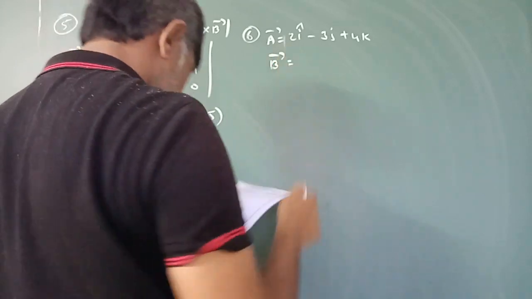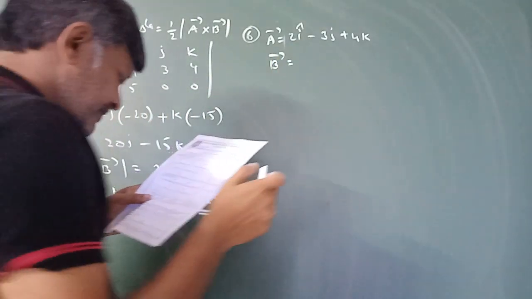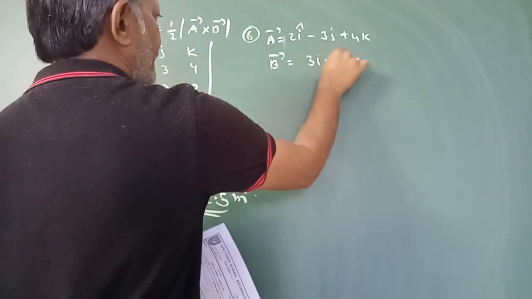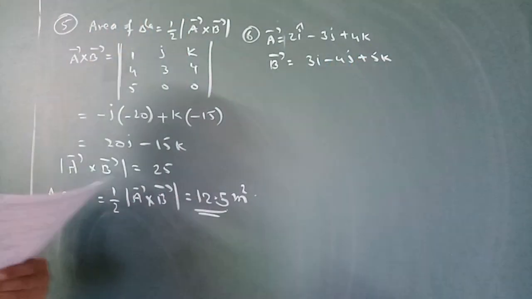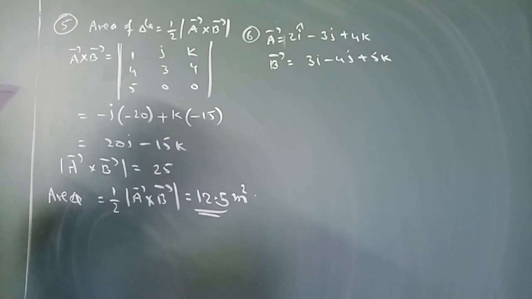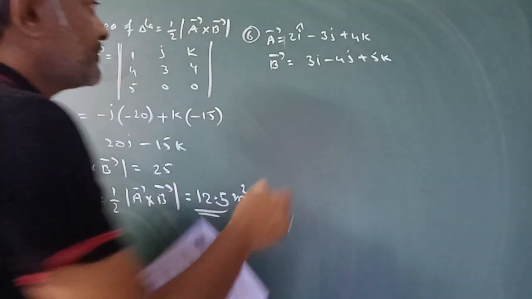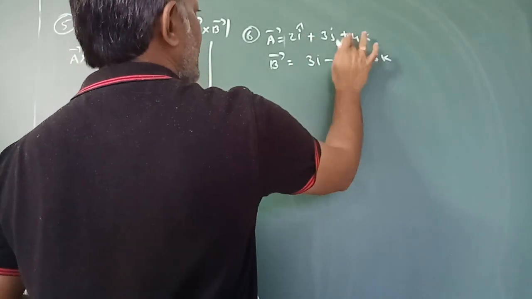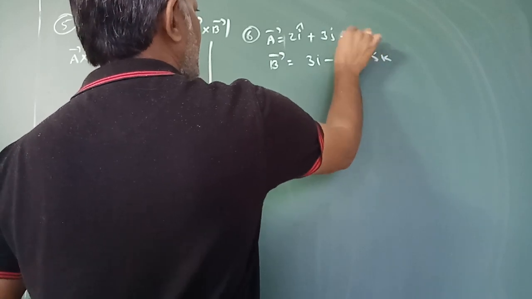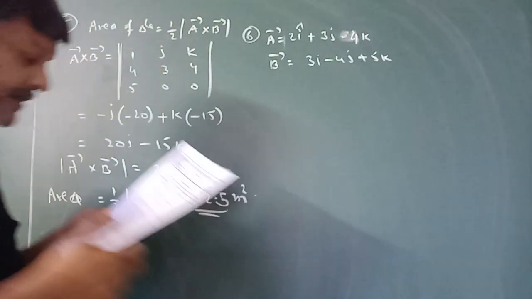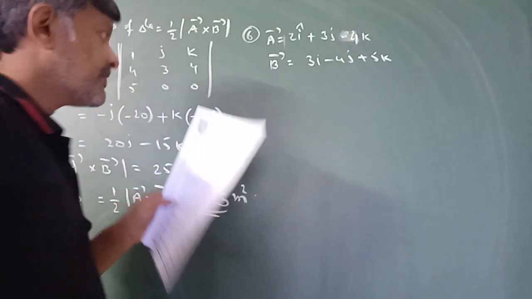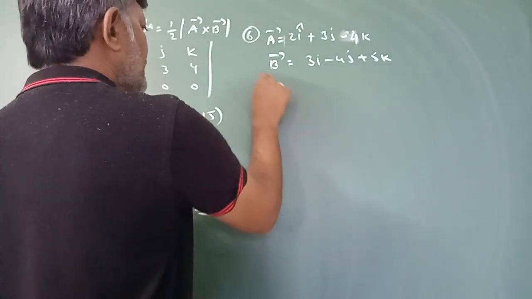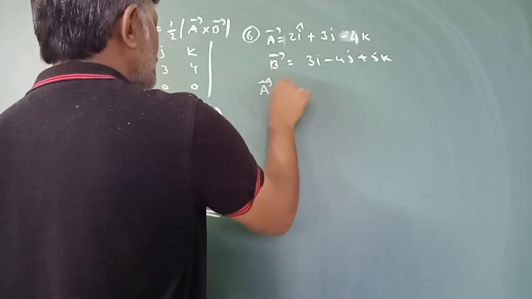B bar is equal to 3i minus 4j plus 5k. A bar is 2i plus 3j minus 4k. B bar is 3i minus 4j plus 5k. A bar cross B bar is equal to